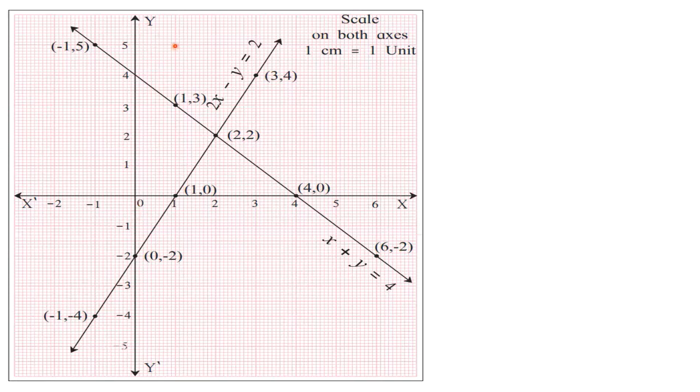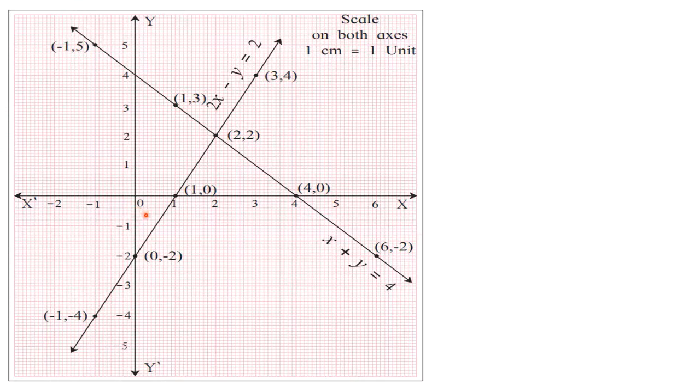Similarly, the equation of the y-axis is x is equal to 0, because it is passing through x is equal to 0. Then they can ask you what the coordinates of the origin are. For the origin, x is 0 and y is also 0. So the coordinates of the origin are 0, 0.